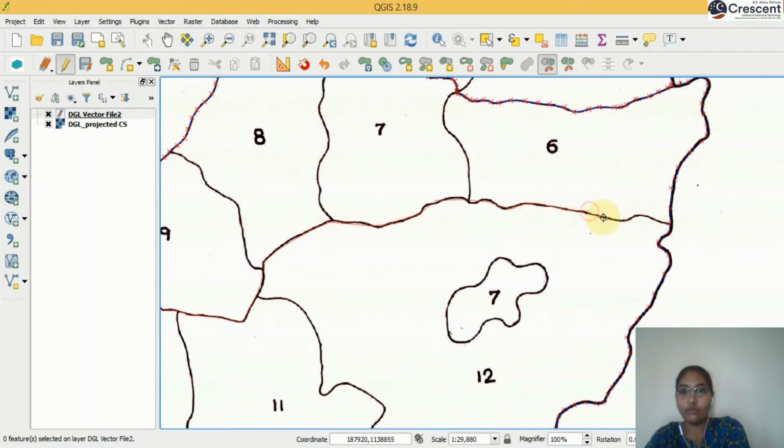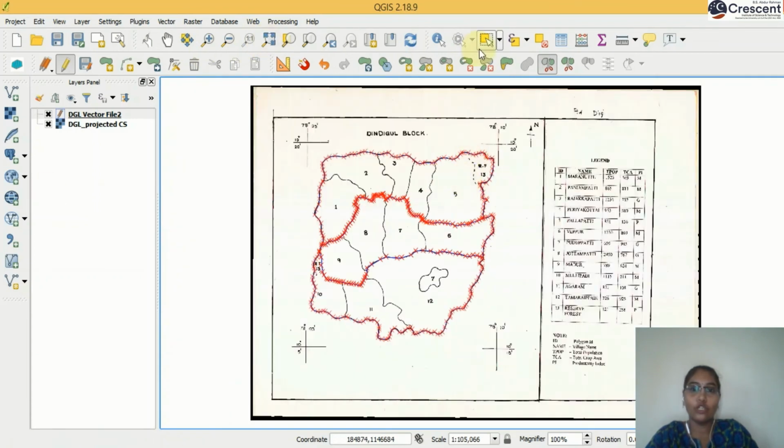Zoom level 3 times. Now I have cut the whole outer polygon into 3 pieces.